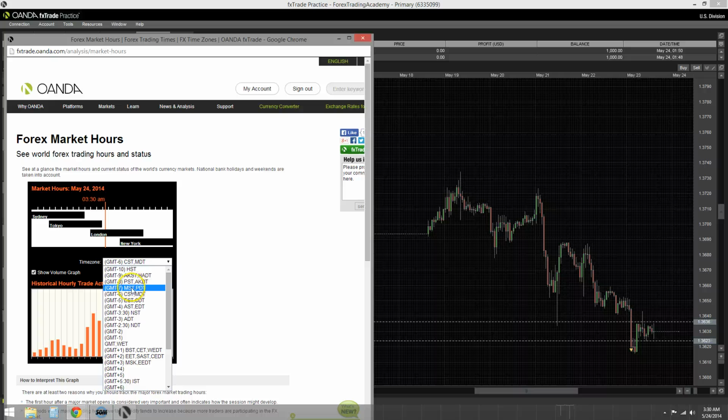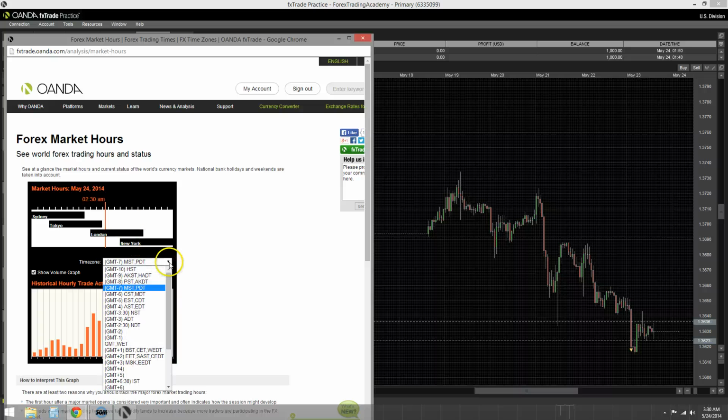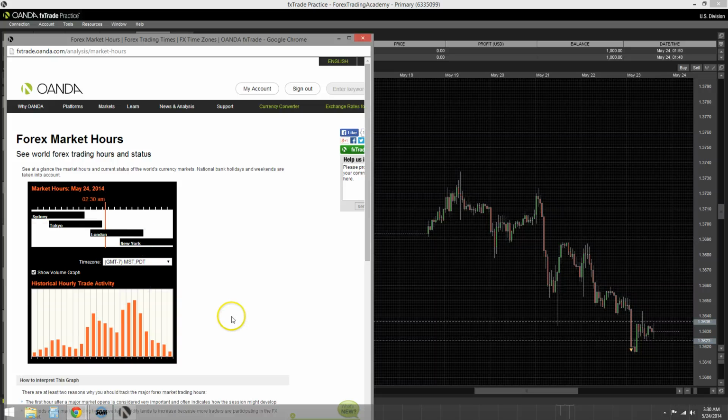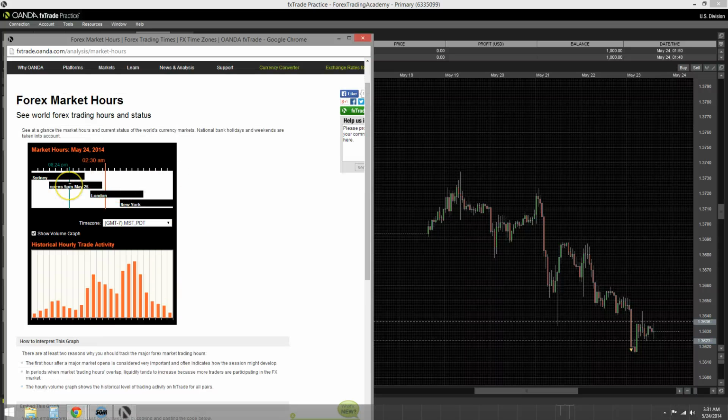We're going to go to Mountain Standard Time, GMT -7, and it'll give us where we are currently. But if you hover over it, it'll tell you that it's going to open up at this time on this date. It'll open up at this time local, when you're putting your time zone in, and just kind of a nice tool if you just want to check out the time zone, do a little time zone analysis, especially with